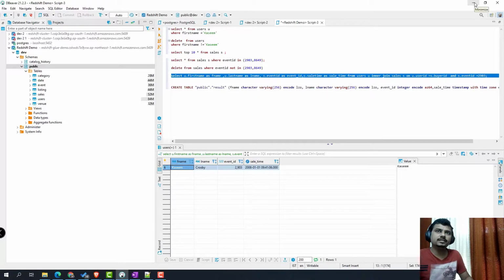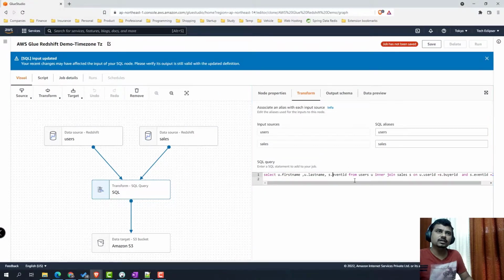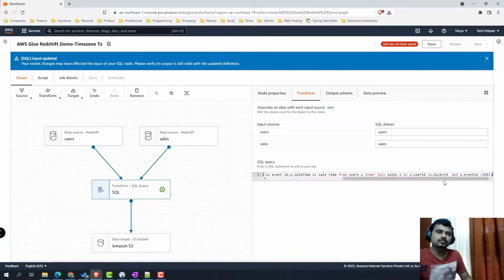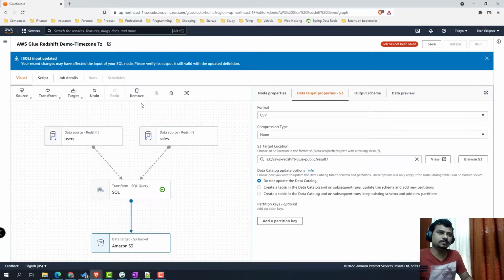This was a dataset which I used in the POC. Here we have added an additional column, sales time, which is a timestamp based column.